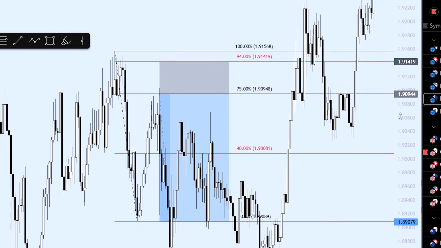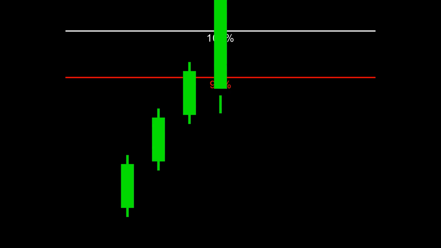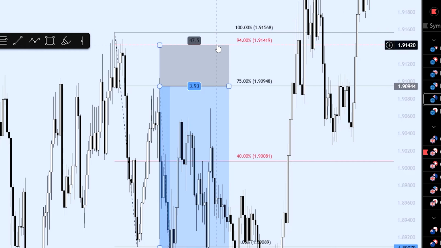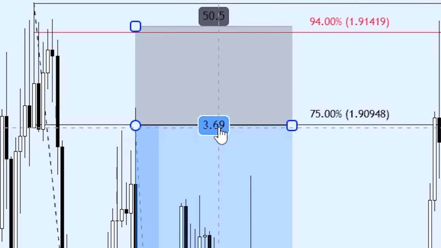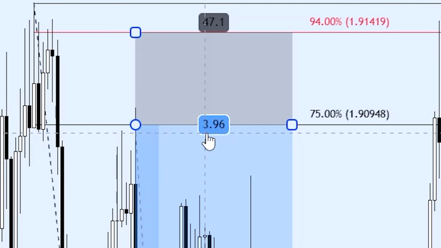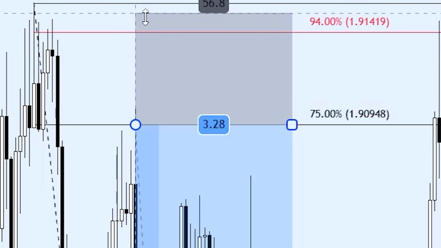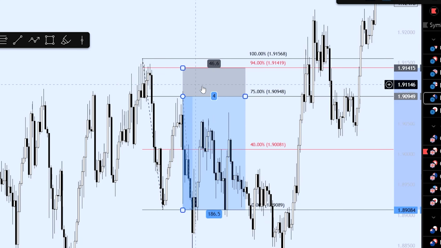Basically, before I was using 95% because I noticed that when the market reaches 95% of the range, it's like a 99% possibility of it going to 100%. So I would move my stop loss to 95. But if I move my stop loss to 95, I have like a 3.7 risk reward and it bothers me. So I am closing up to the actual 1 to 4 risk reward situation. And if you make the calculation, it's basically 1 to 4 precise.